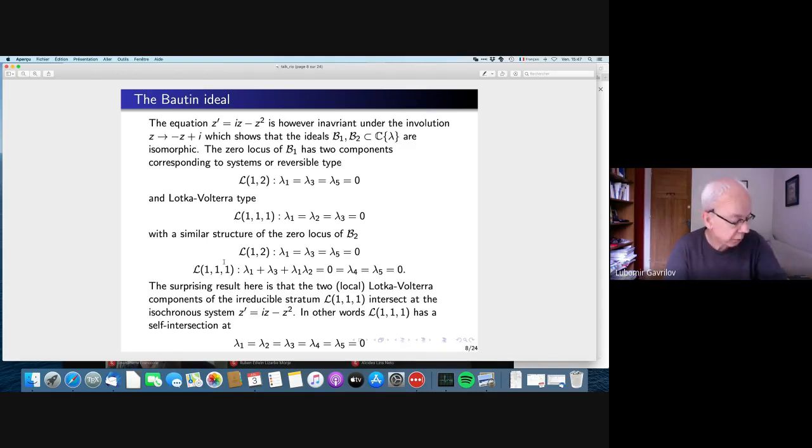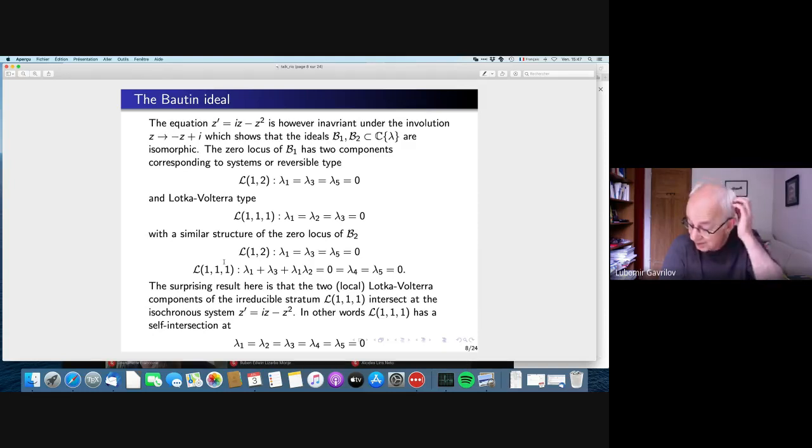They are usually called in the quadratic case reversible systems. If you look at the second center, you still have these reversible components, which is the same. The meaning of this is that the two centers are persistent in the irreducible components of systems with a center of type